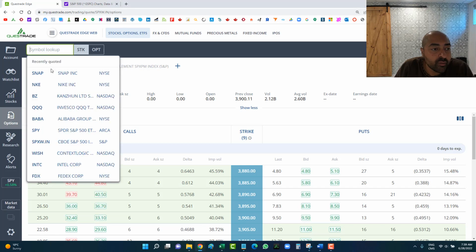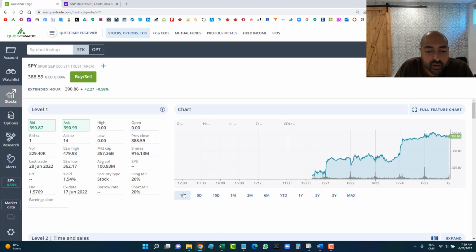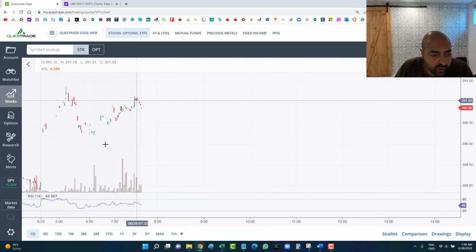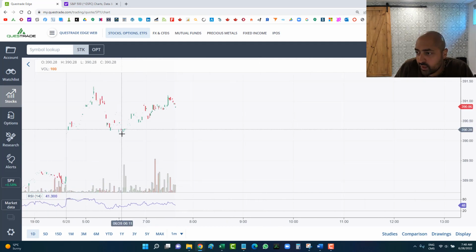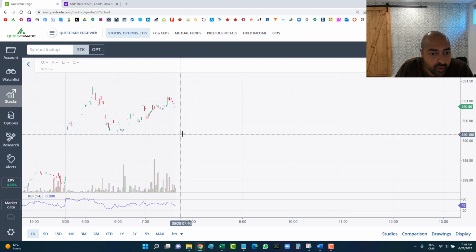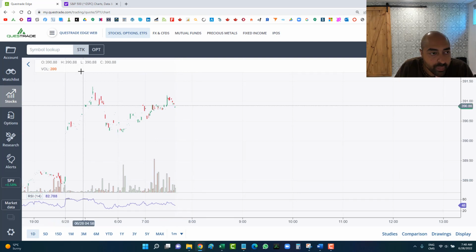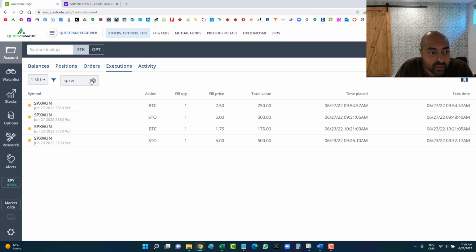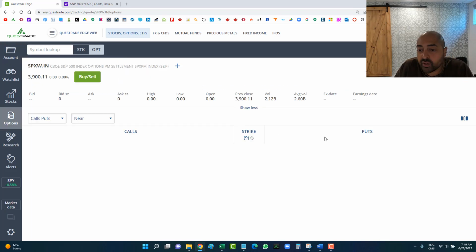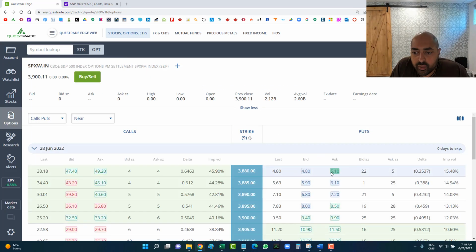But I could see on the SPY that pre-market was not red. If I look at 1 day here, let's look at pre-market on the SPY. Okay, so you could see it had a low of 390, so 390.86. There is a gap up here from yesterday to this morning. So there is definitely a gap up, but that doesn't mean it's going to drop and fill the gap at the open. So just to be safe, I would probably pick like a 3875 maybe. But just for the purposes of showing you the bracket order,